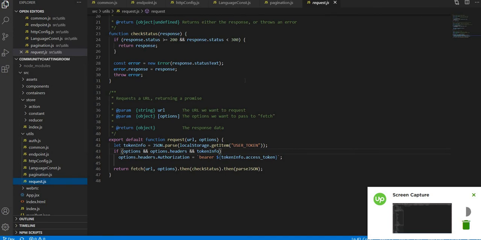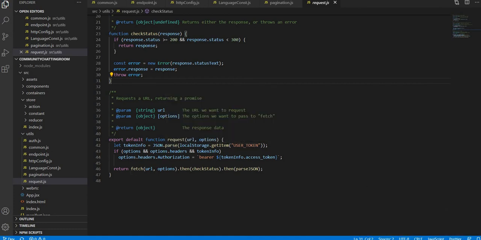Now here, this request. This is the standard one we created, and all the APIs will be passed through this request. And you can see we decorated here that user token, right? So the user token and all will be automatically injected in the header, so every time we no need to send it. Now you can see on the other hand, this is all our configuration level, so it will be converted automatically. Then after that it will be passed as JSON, so it will be automatically maintained. So this request.js will be used to call that API, right?